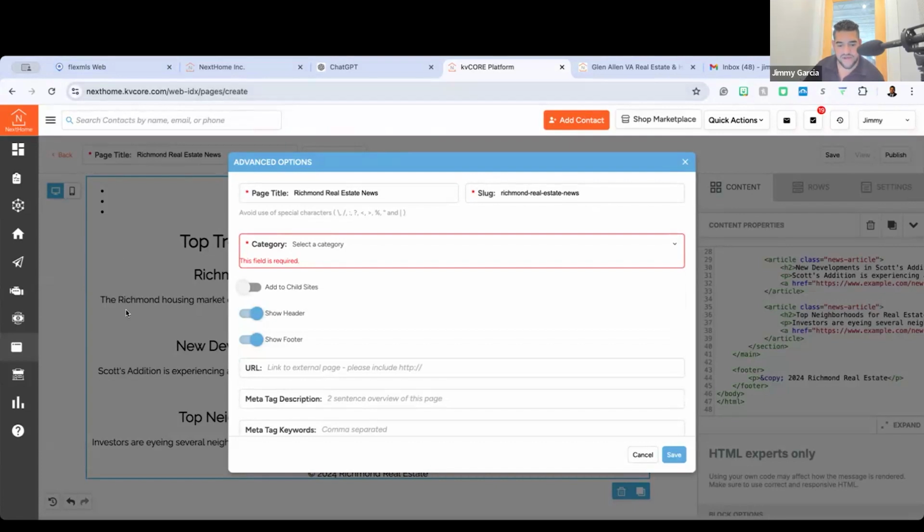Not to get too much in the weeds, but this is going to help with even SEO. If somebody were just to look up Richmond real estate news, could this be a searchable page? Probably not, because there are going to be some larger ones out there. Homes.com spends millions of dollars across the United States to become the top. But if you get enough visitors or incorporate enough keywords, then if somebody were to look up Richmond news, Gilbert, Arizona news, or Mesa, Arizona real estate news, this could be a page that would pop up if it is full of fresh content.